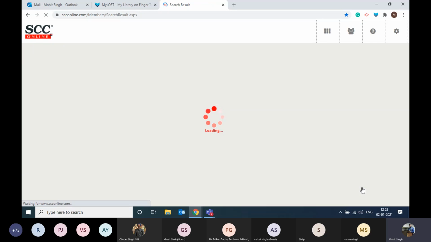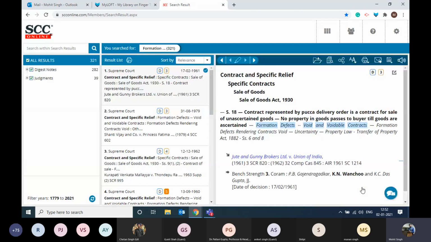Now it will act like a word search. You do not have to type anything. It will act like a word search with whichever topic you have selected, and all the documents will be related to the topic you have selected, void and voidable contracts. So it helps you to determine whichever topics is helpful for you and which kind of keyword you should be typing in, right? Let us go back to the dashboard.